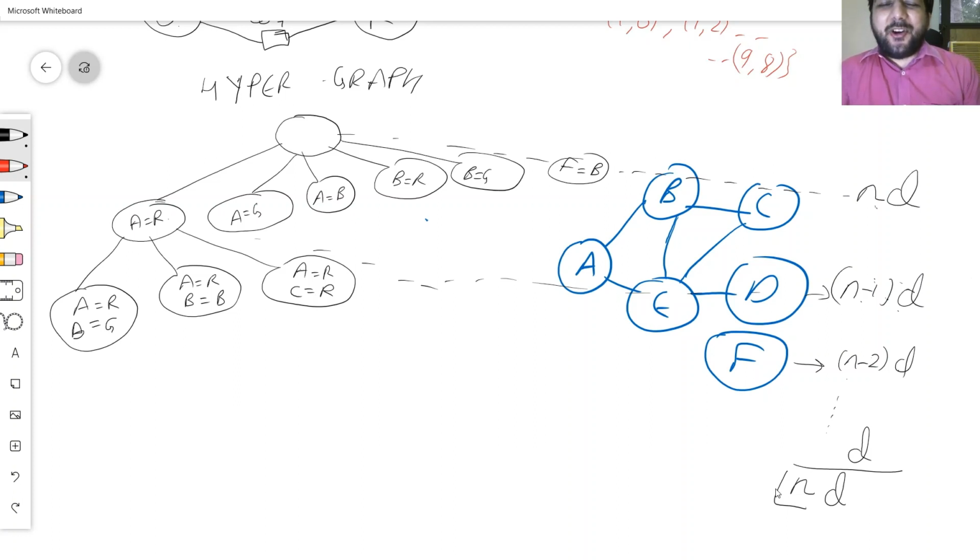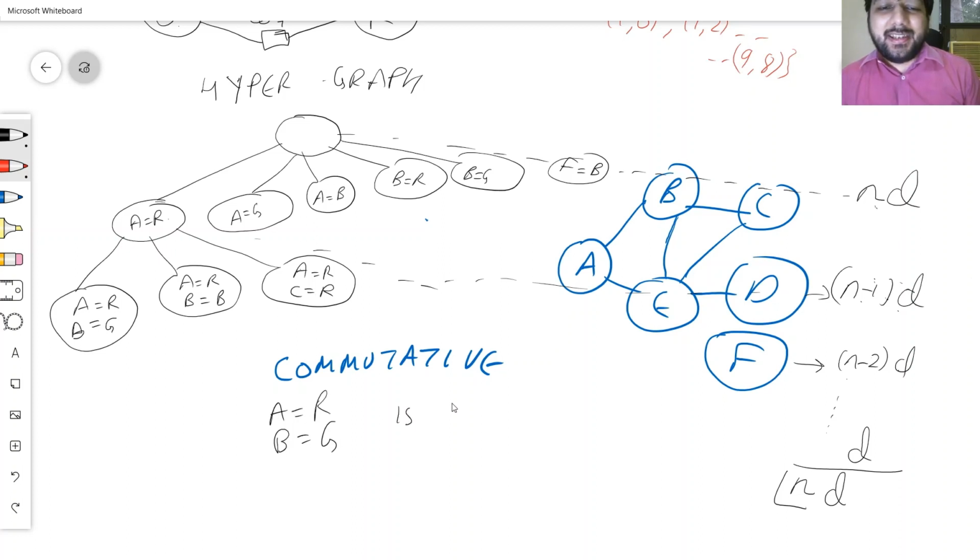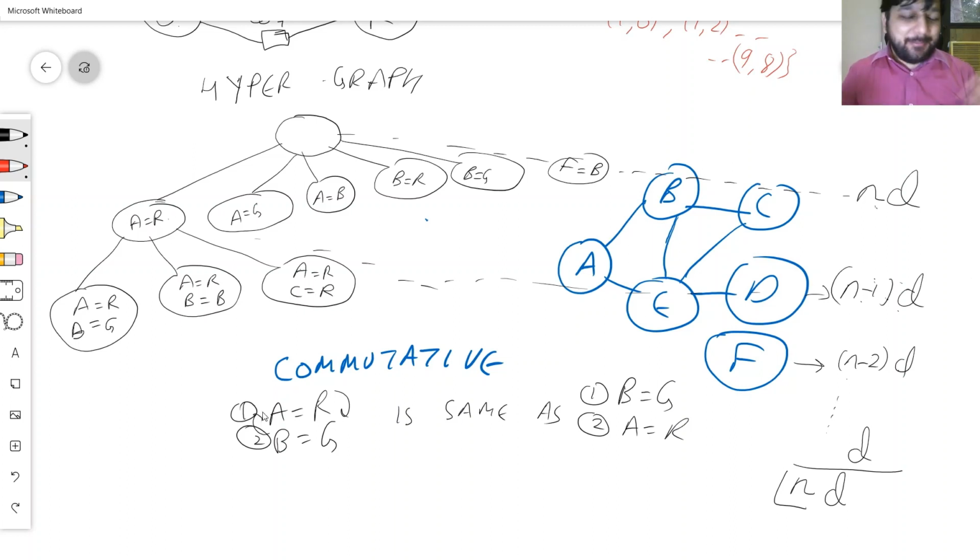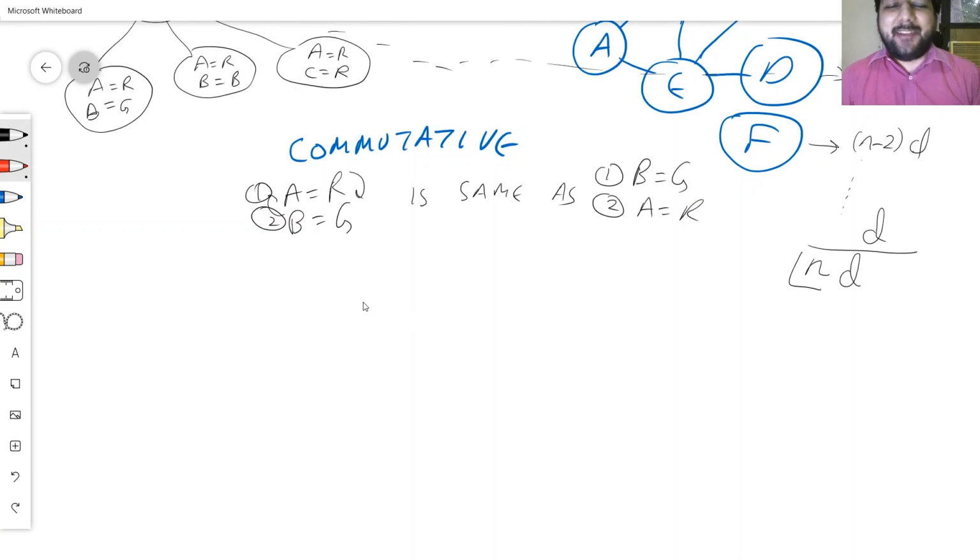So it appears bad, and of course we will do what you have been doing and you already know, is to take the commutative property of this problem, which is A is equal to R, then B is equal to G, is the same as B is equal to G and A is equal to R. The order just does not matter. It doesn't matter in which order I solve it, as long as I am solving this little thing up. And that means I could do exactly what you are used to, and therefore I will just write it